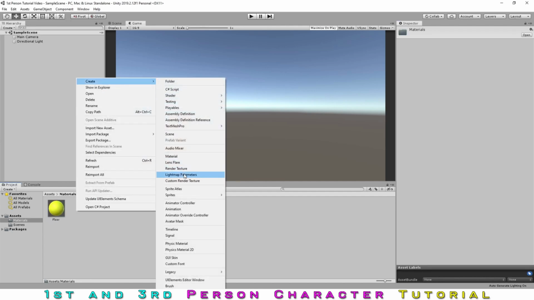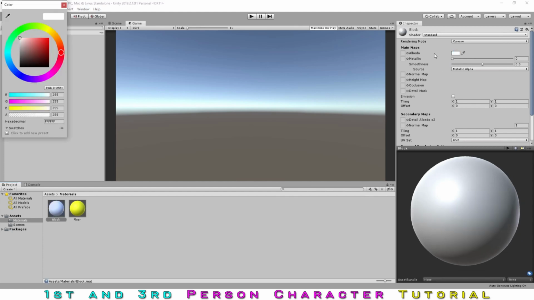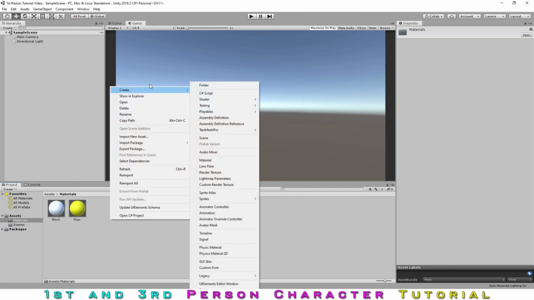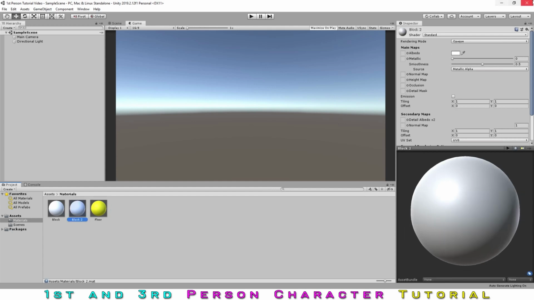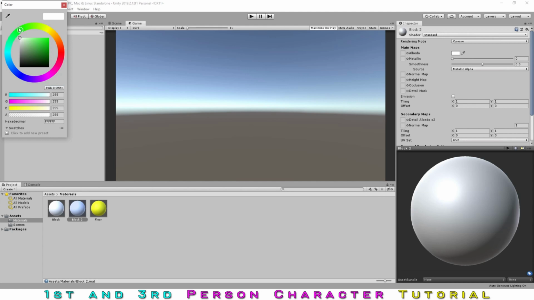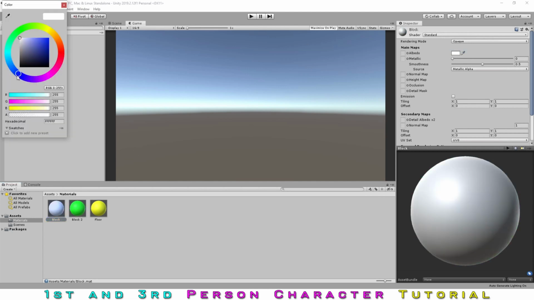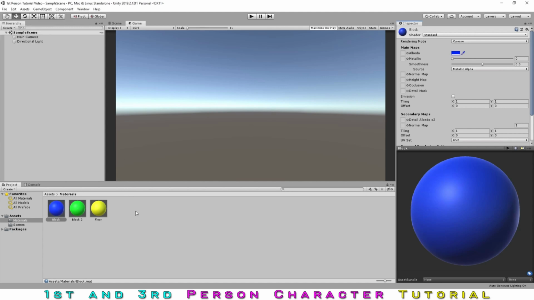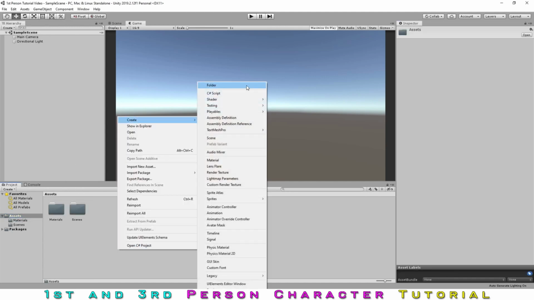We'll make a new one for a block that we will be making, if I can spell correctly, and we'll color this a blue because why not? And then making one more down here called block 2, and then we will be coloring this a green. And I don't think this one colored correctly. There we go. So we have our materials now,